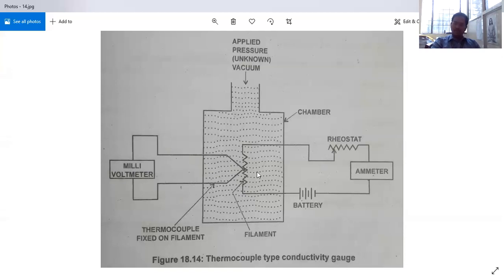How do we determine temperature change in the thermocouple? Depending upon the voltmeter reading. If the voltmeter reading is changing, we should assume that the temperature is also changing. When the temperature is changing, we should assume that the pressure is changing and the density is changing, so the pressure is high. So it is a link depending on the instruments.